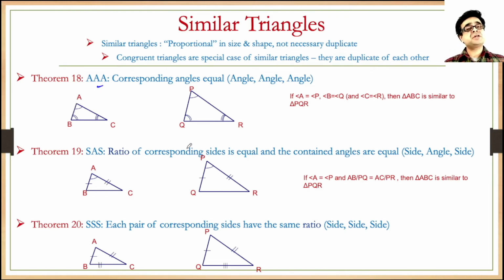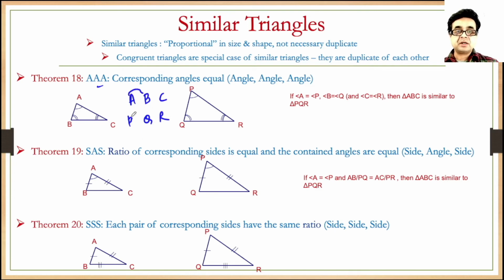One of the most important things you need to understand in similar triangles is how to write down the similar triangles so that the corresponding vertices align, and then the ratios are very easy to calculate from there. However, if you don't write it the right way, you would end up making mistakes. So here, angle A is equal to angle P. Let me start writing it down. A corresponds to P, B corresponds to Q, and C corresponds to R. So what that means is ABC is similar to PQR, not QPR, not RPQ. ABC is similar to PQR,